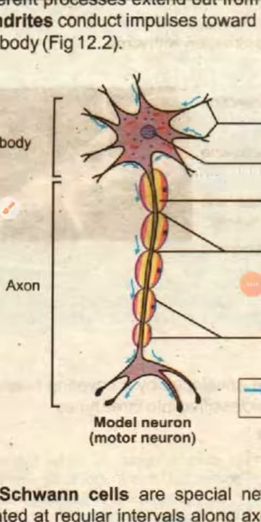All parts of the nervous system, including the brain, including the spinal cord, including the PNS, the peripheral nervous system, which I will tell you about, all things are composed of neurons. What is the meaning of functional unit? It means all functions of the nervous system are done by the neuron.